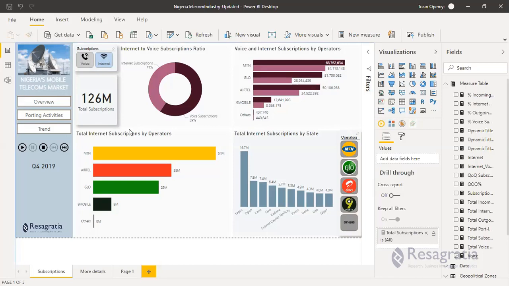After you take that out, you make your subscriptions slicer a bit bigger. It's going to fill up that rectangle space. And rather than having one row and two columns, you have one column and two rows. So voice stays on top, internet stays below. Very big, and people can just choose from them.